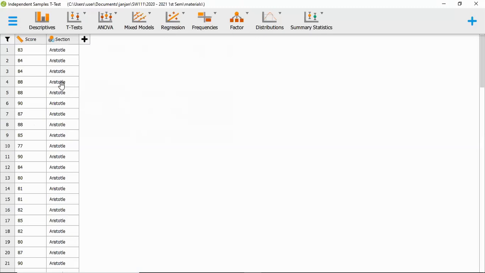So just click this left side part of the variable name. So in my case, score is my dependent variable. So this should be scale. And section is my grouping variable or my independent variable. And this should be at the nominal level of measurement. And since my data is now ready,